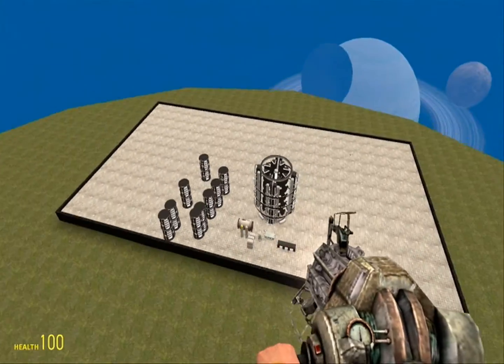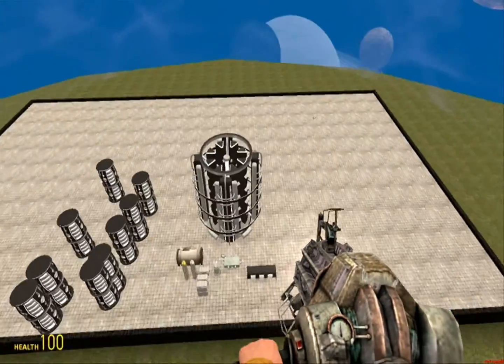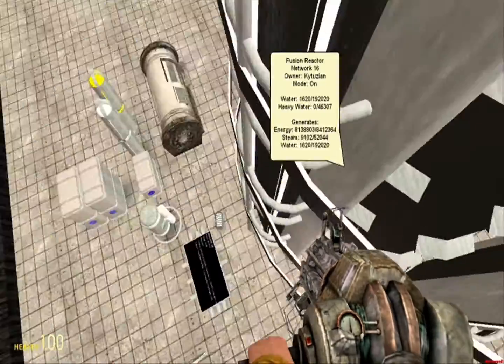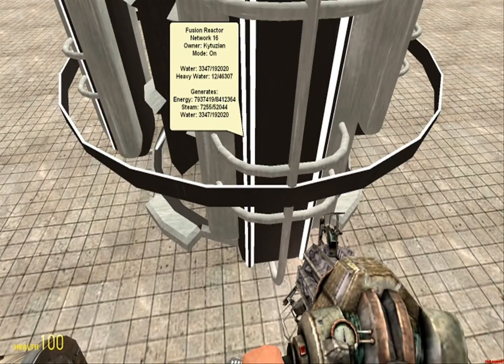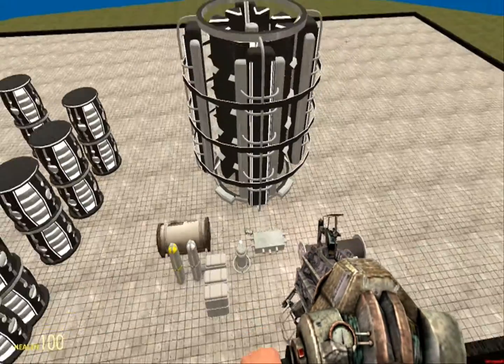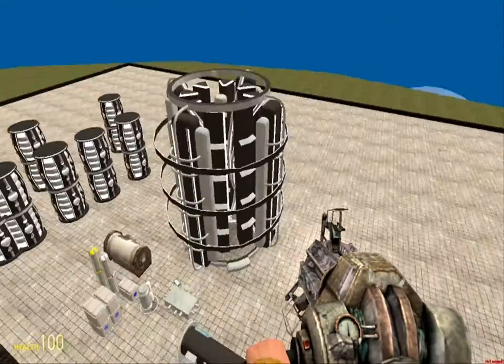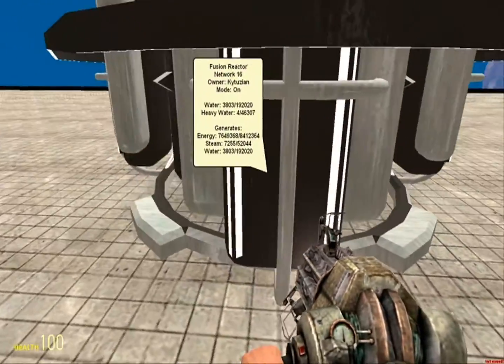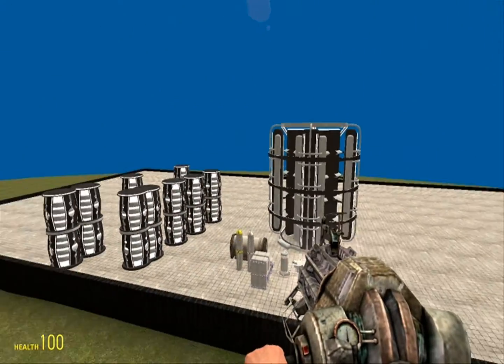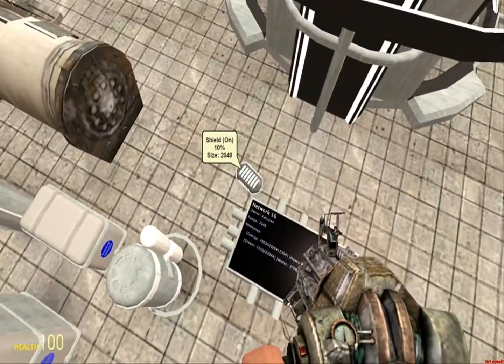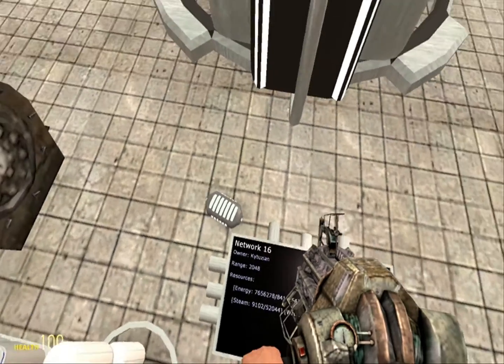So I turn this thing on. You will notice it is maintaining it, which is pretty impressive. It takes a lot of energy. It is losing power. That's to give you an idea of how much energy this takes. It's losing power. It produces like 200,000 per second. So yeah, if you have one of these things, you can keep a shield going. A Strength 5 gigantic shield going. However,